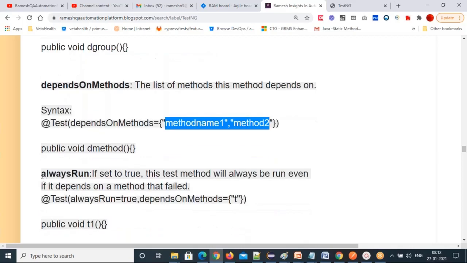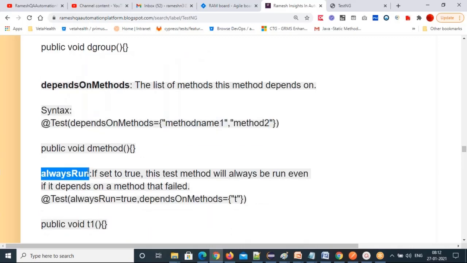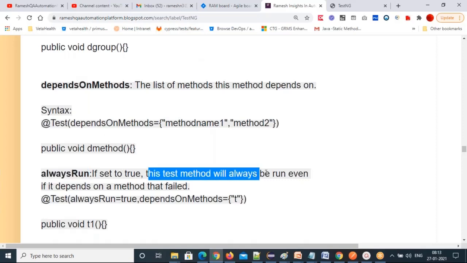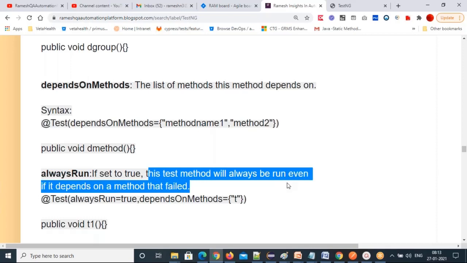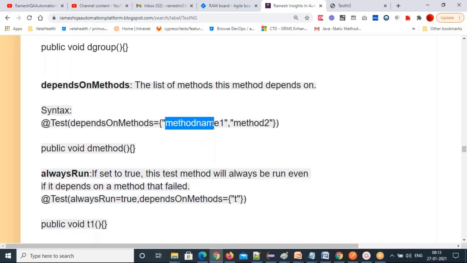Next, alwaysRun. If you set it to true, this test method will always run, even if the method it depends on fails. Suppose my method 1 and method 2 are running, and method 2 failed, but my page is loaded. For this D method execution, all conditions are available. I don't want to skip, right?